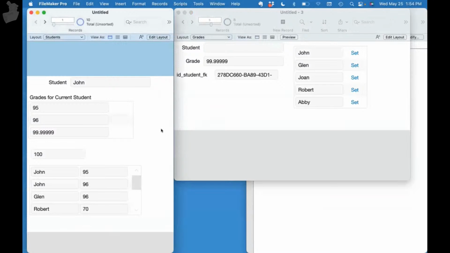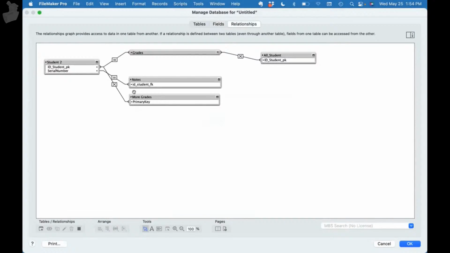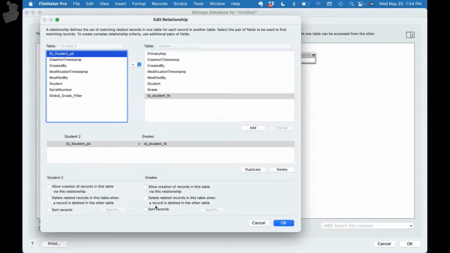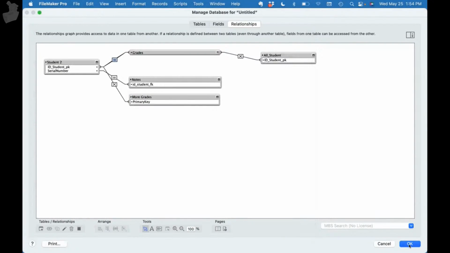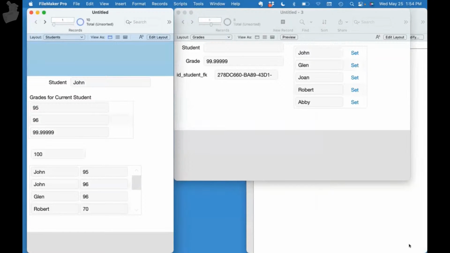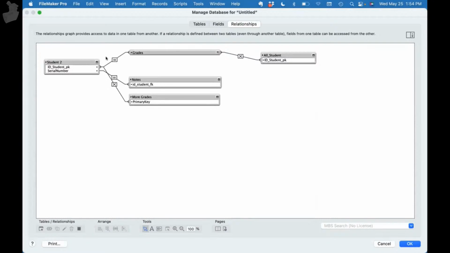Okay, so if we go back to our relationship options here, we talked about allow creation of records. We haven't talked about delete related records in this table when a record is deleted in the other. So I'm going to go ahead and check this. And this one's very dangerous. Now, one thing that's interesting about this is if you have multiple relationships or multiple table groups based on the same